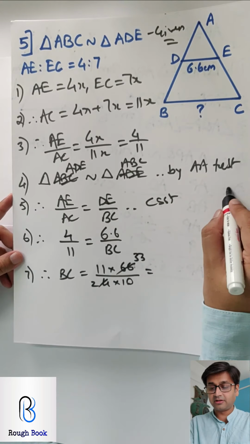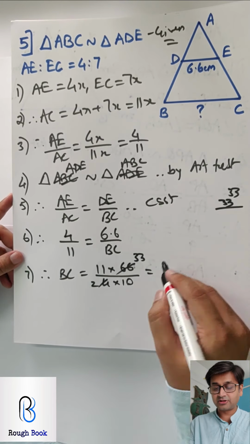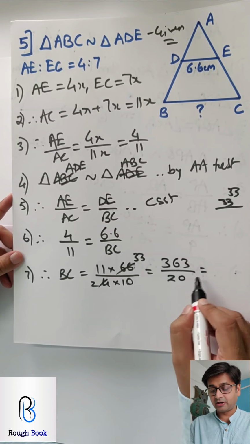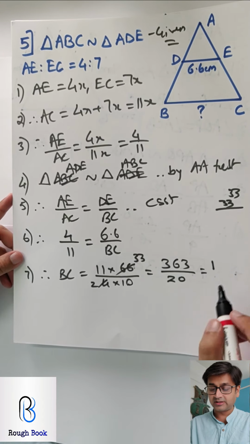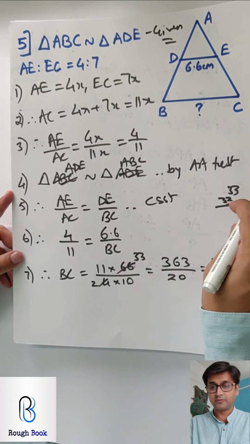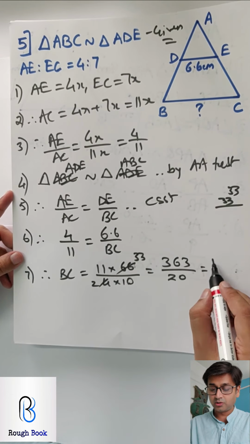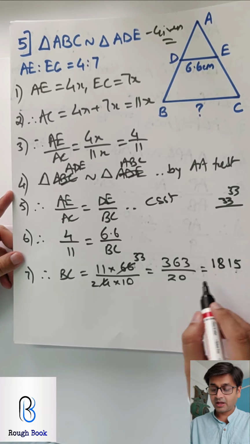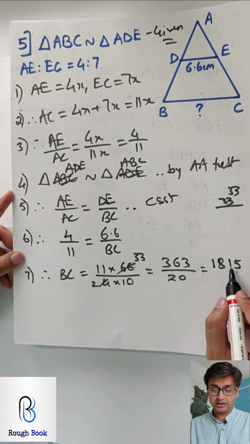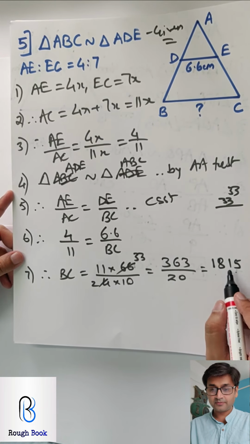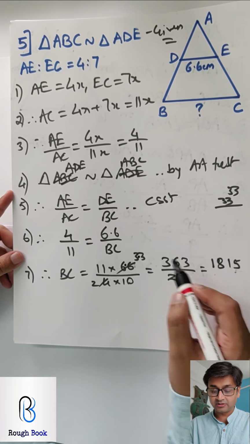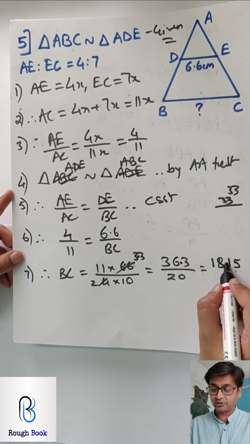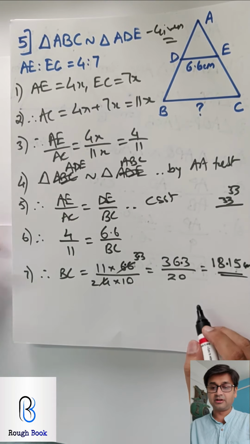So you'll have to multiply 33 with 11. So that should be 363, divided by 20. So I'm dividing by 2, 2 ones are 2, and I'll put one decimal also. Yeah, so 2 ones are 2, 2 eights are, again 2 ones are 2 and 5s are, and one decimal. So 181, something is wrong. Oh, this was already 6.6, so 3.3 into this, so one decimal and one more, so 18.15 centimeters.